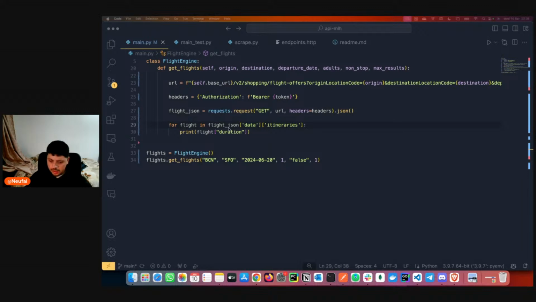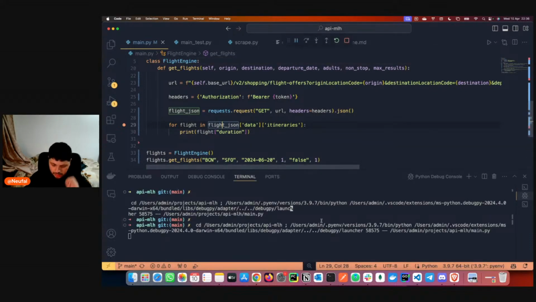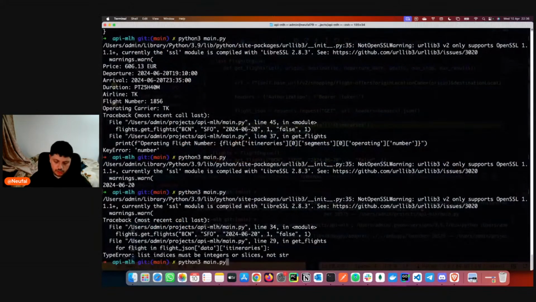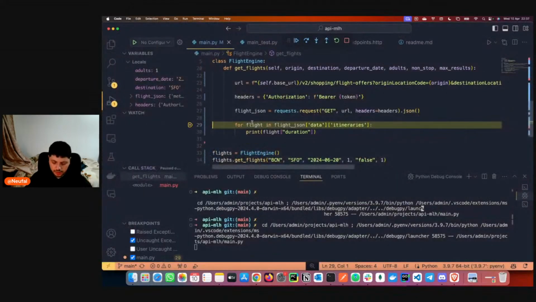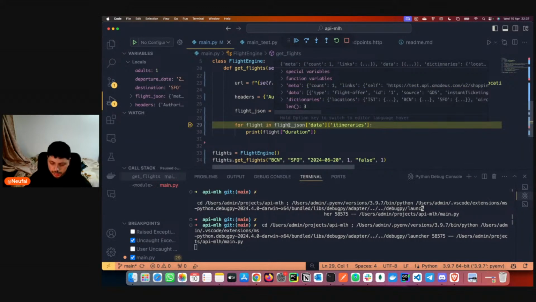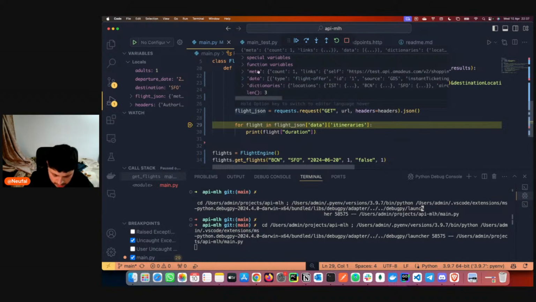Now what we can do is debug the code, to see what this flight JSON gets. So we can just put a bullet here. It's a really cool thing to debug because you can really see the code. So basically we can debug this file, run the code here, and go back to the file. We can see that flights JSON gets this different data structure.